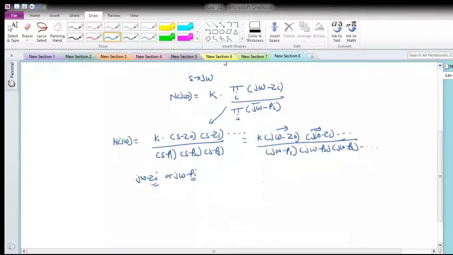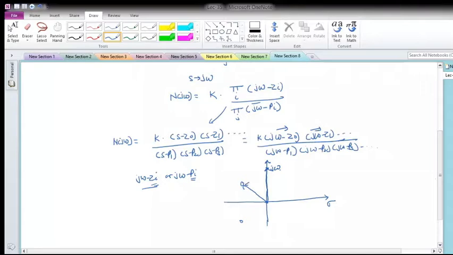Let me explain to you. Suppose this is my S-plane, with sigma and j omega axes, and suppose this is my zi, and obviously it is in a complex conjugate pair. Now I draw the vector in the S-plane, and I would like to draw the j omega minus zi vector. For that, let me take any point on the j omega axis, and let me draw this in vector form that way.